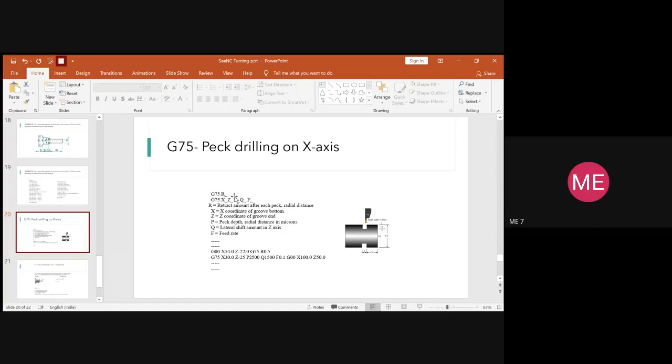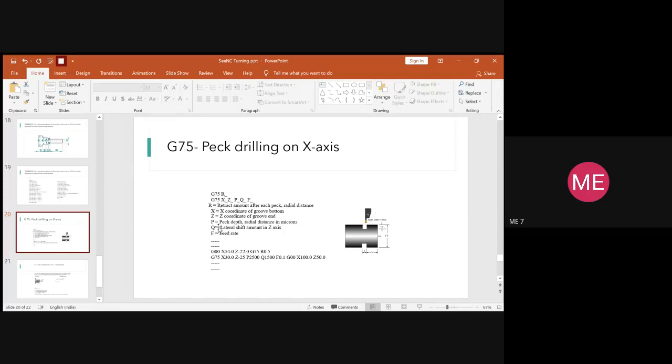Okay, so after you write the retract amount, then in the next step, you have to provide the details for all these parameters. So X you have to give for X coordinate where the groove has to be done, and Z coordinate where the groove has to end. So these two values you have to give properly, or else in other wrong position, it may drill and leave the workpiece. So then it will be of no use if you haven't given proper X and Z coordinate. So you always see that you use a proper X and Z coordinate value for any type of operation you have to do.